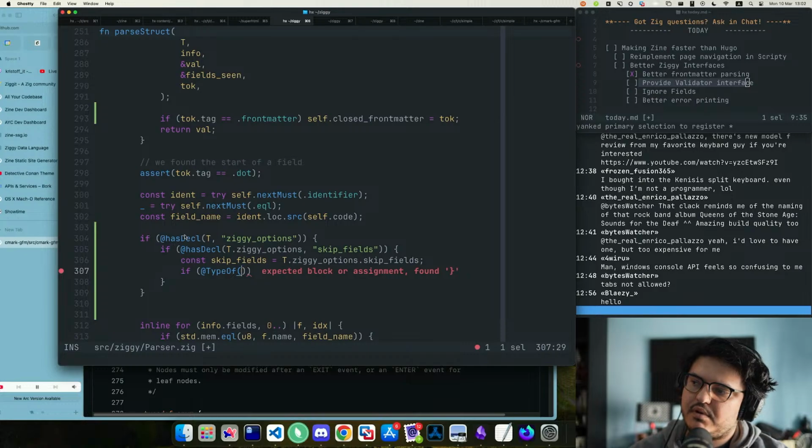If type of skip fields is different than std.meta